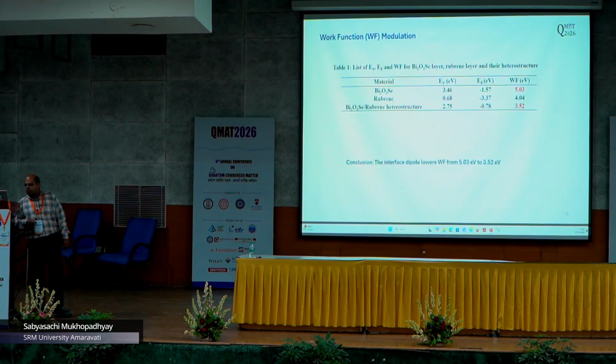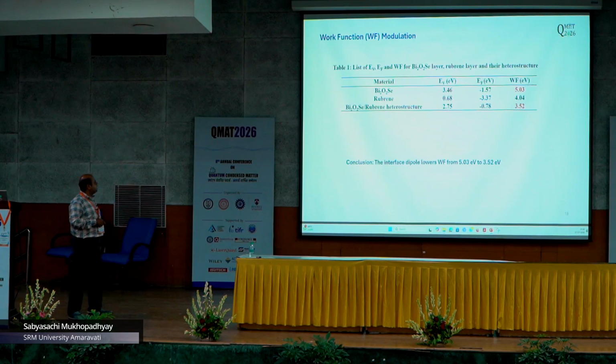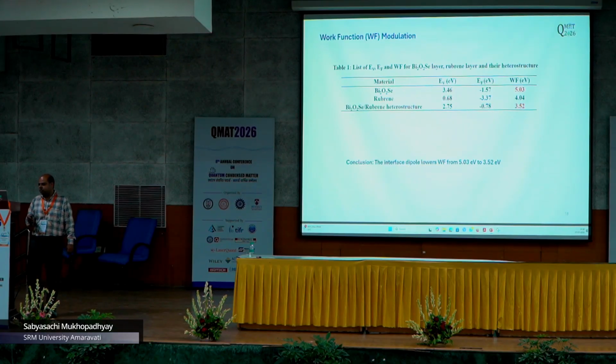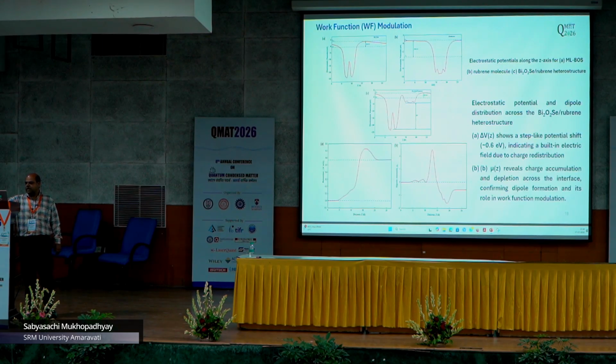We also find out the work function of the heterostructure. So for the bulk one, and then what happened in the heterostructure. For the bulk, we find out the two-dimensional inorganic one is 5.03, but when we go for the heterostructure, it is coming out 3.2. So which tells that there is some kind of interface dipole happening in between the heterostructure because of the charge motion, and which is lowering the work function, which will be very useful for developing memory devices for this application.